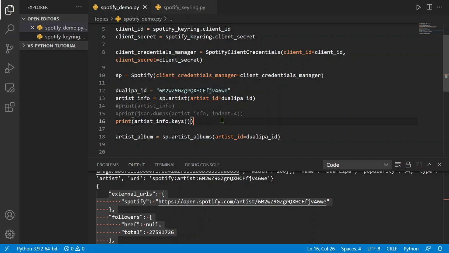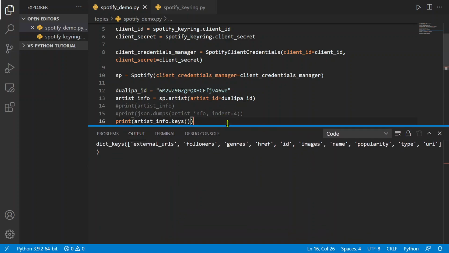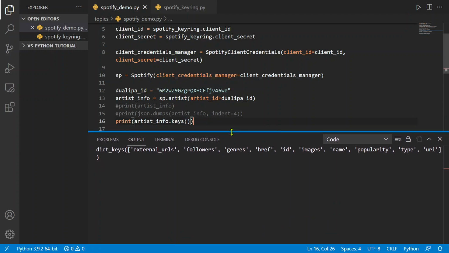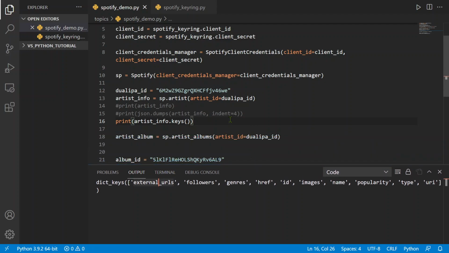Let's print out line 16 and take a look at the output. And just by printing the keys, we are able to extract just the keys, external URL, followers, genres, and so on. Now that we know the keys,